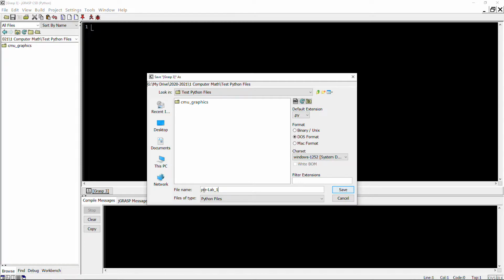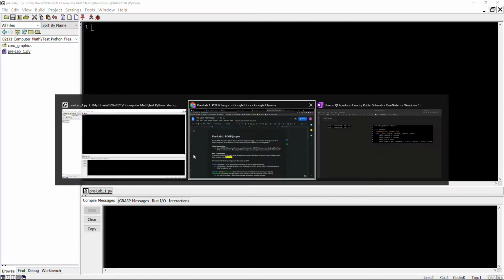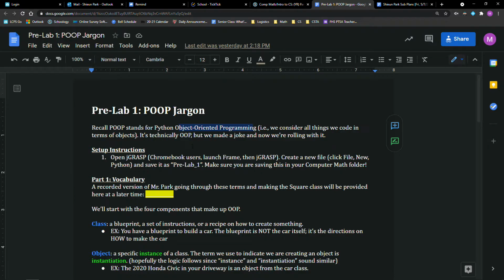I'll explain this notation and what we're actually creating later on, but just make sure it's lowercase here and following all conventions there. We don't like putting spaces for coding, so programming in general, so we put the underscore there. So it's save, we're good to go. Let's go back to the instructions here, and perfect.